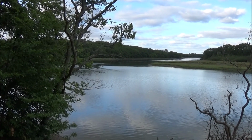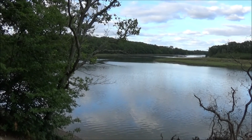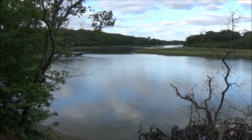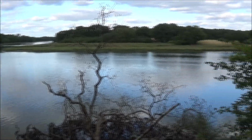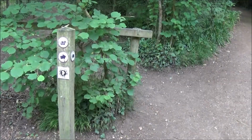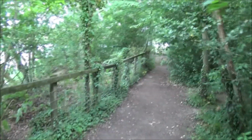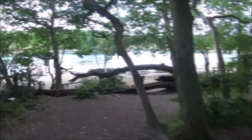So the river Hamble really is a beautiful river. If you don't know the upper reaches around the country park here, it is lovely. So when you reach this post, you don't go straight on, you go left. Again, hugging the river. So we emerge out of the woods